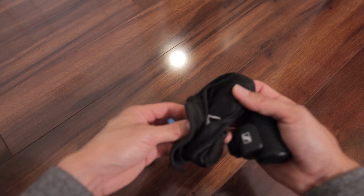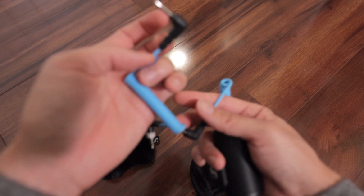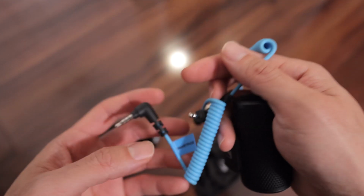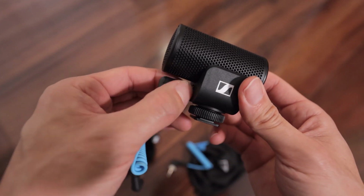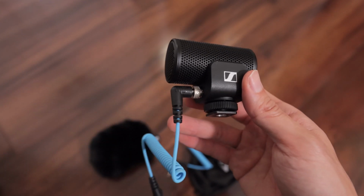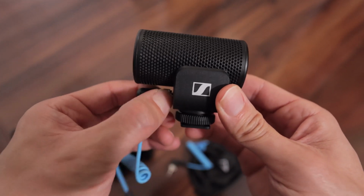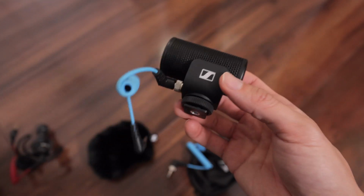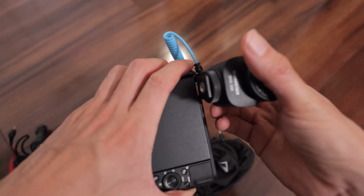Then you also get two cables. One cable goes into the phone, and it's even labeled right here. It says smartphone, and then the other cable goes into the camera. It connects in the front of the microphone, which is different from all the other ones. Usually they go from the back, like the VideoMicro here, but this one goes in the front. And some people I've been seeing are complaining about how it's in the front and it can be in front of the lens. But I got this for my Sony ZV-1, and if you put it on the ZV-1, which